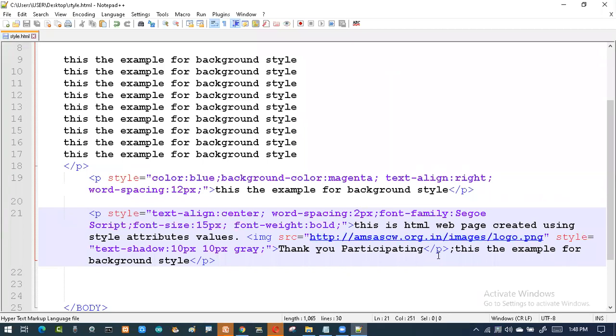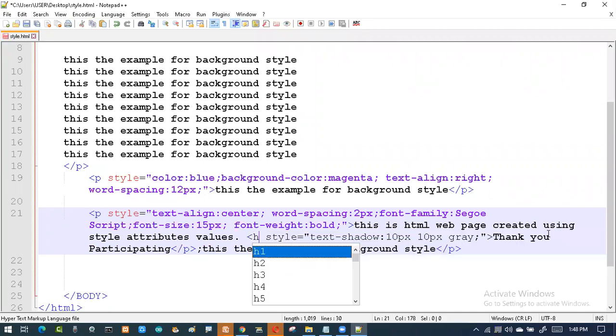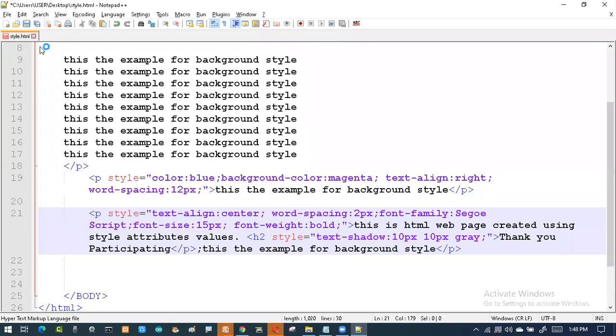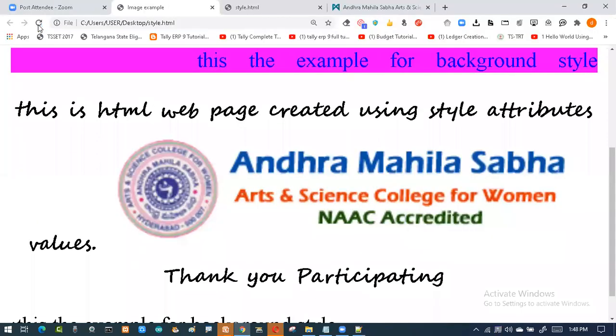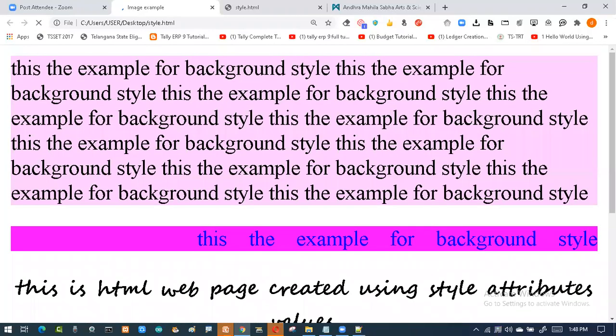So we cannot apply this. We can apply only for the heading or paragraph, something like this. The name itself says text shadow. So we can apply it for the text only. So I got the text shadow.